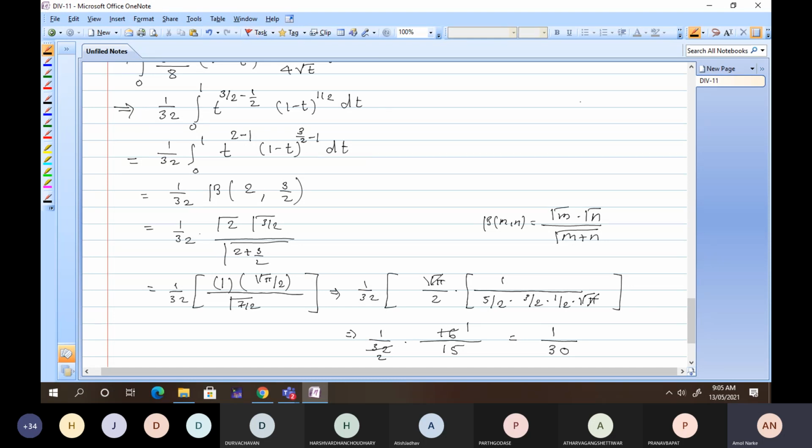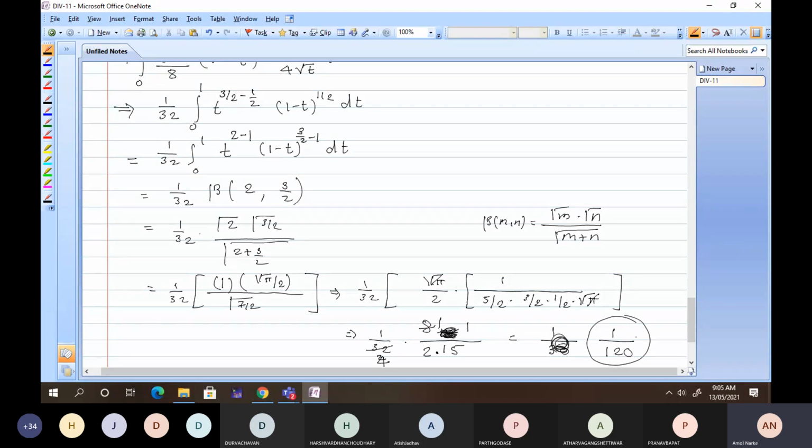See, I made a mistake again. So I just erase that. Here 4 is not coming, because this is already in the denominator. So it comes in the denominator and here 4 into 4. 8 comes here, 8 only, and here we already have 2. Am I correct? So 8 ones are 8. Yes, sir. Here 4 comes here, so 4 twos are 8. 8 into 15, I think 120. Am I correct? Yes, sir. 1 divided by 120.